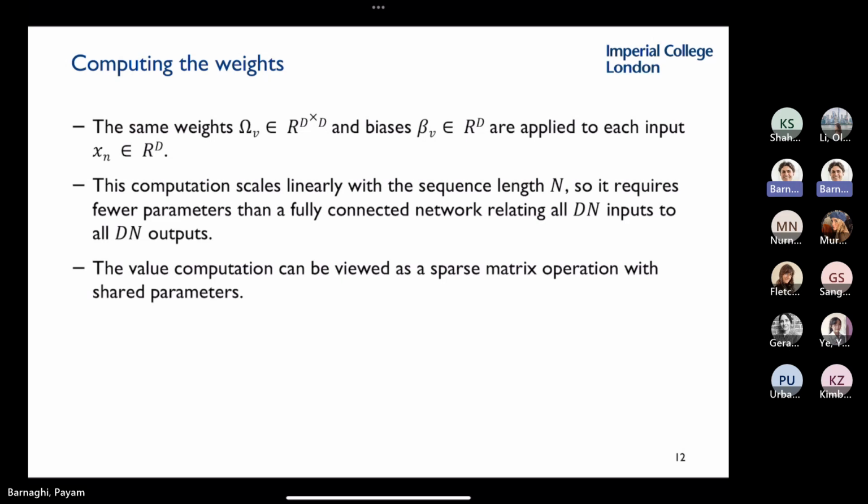Again, this is just writing it in mathematical form, as I said. We have these omegas as values. We apply the weights to the values, we get the values. And then the attention weights, as I said, from each of these values carry exactly the same weight to the next one.